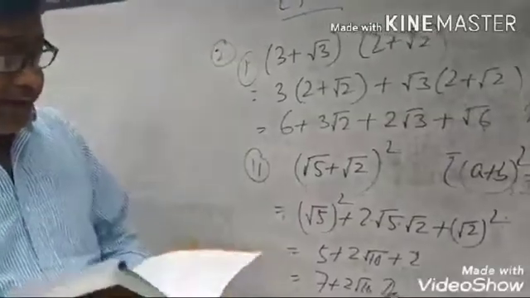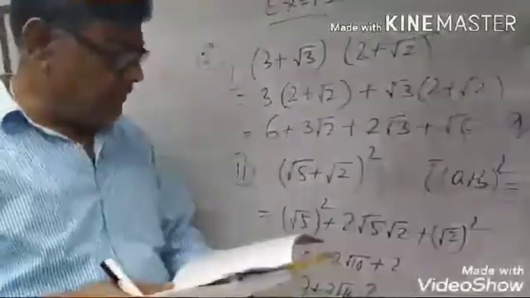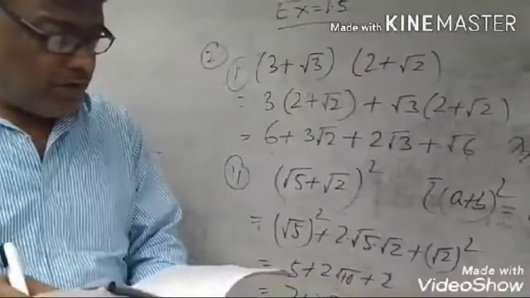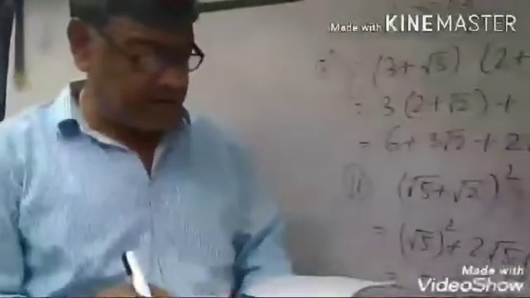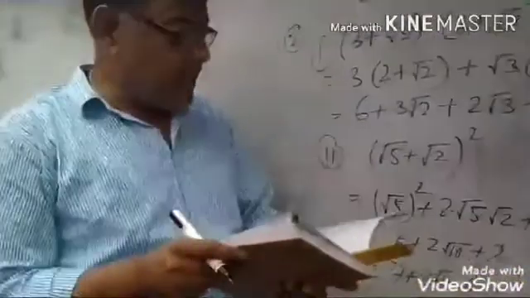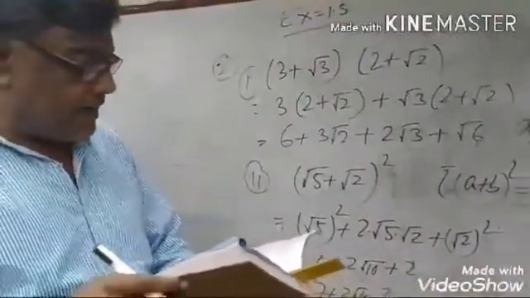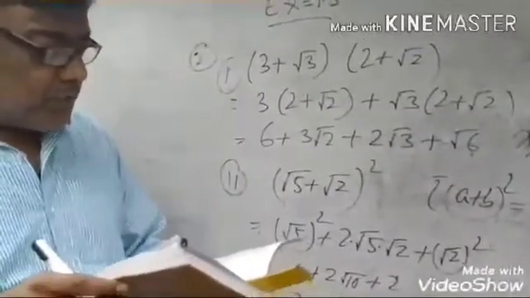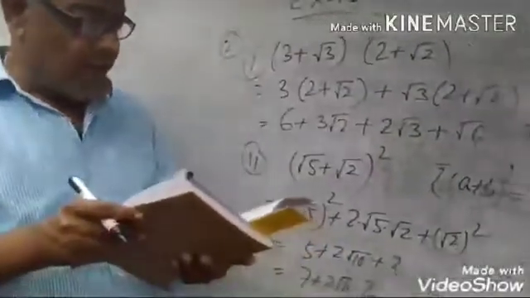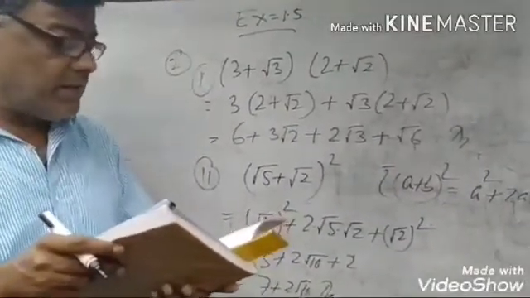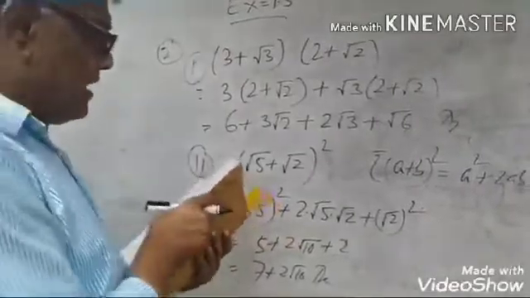Now question number 3. Recall pi is defined as the ratio of the circumference, say C, of a circle to its diameter, denoted by d. That is, pi equals C by d. This seems to contradict the fact that pi is irrational. How will you resolve this contradiction? Write down the answer.